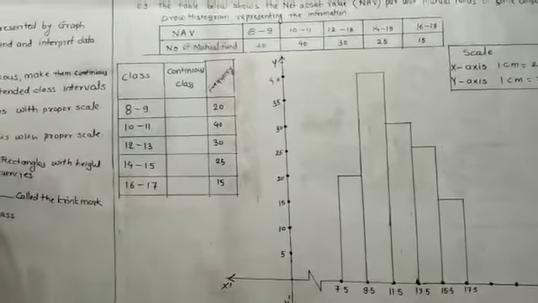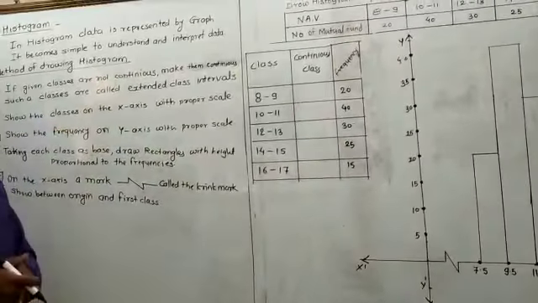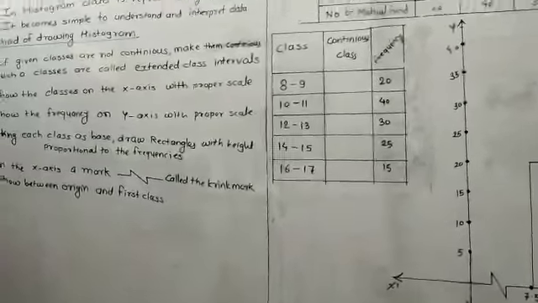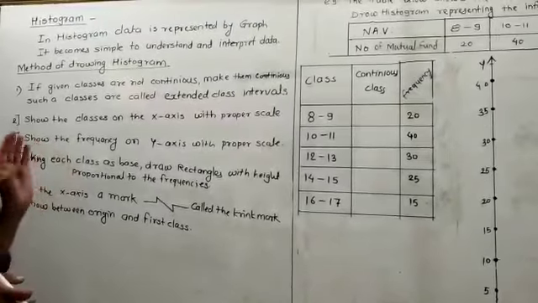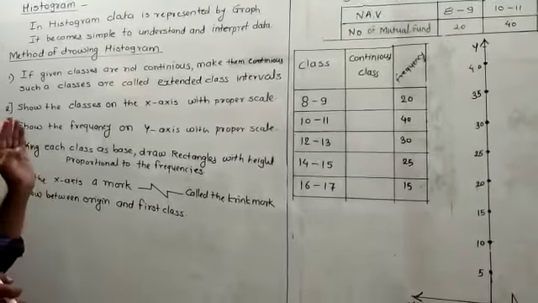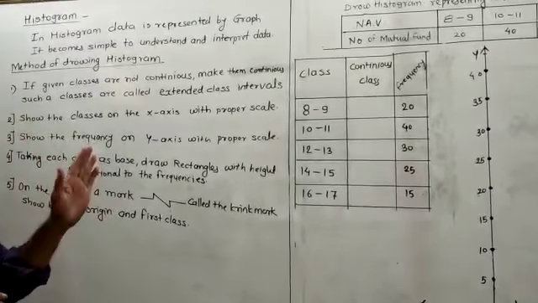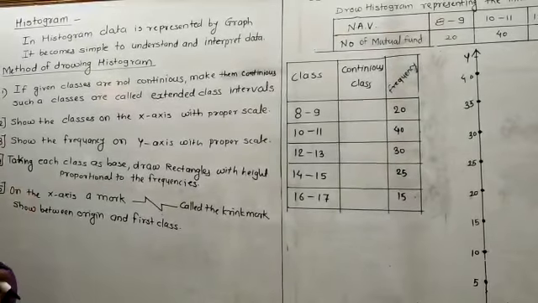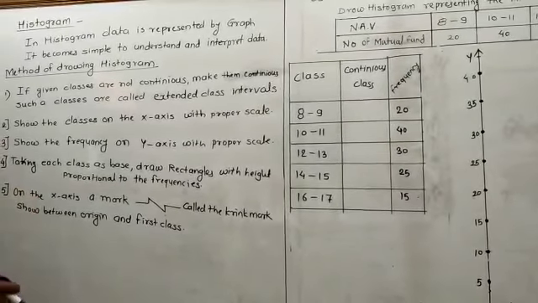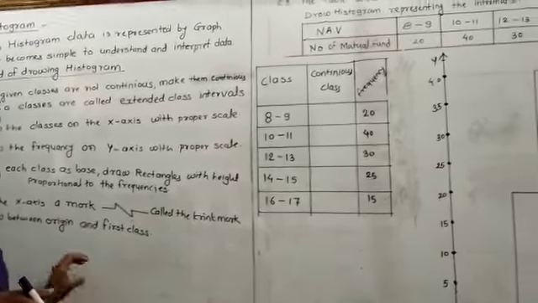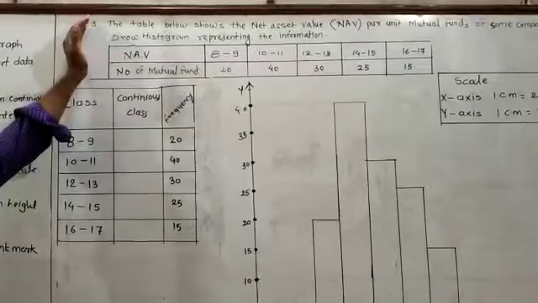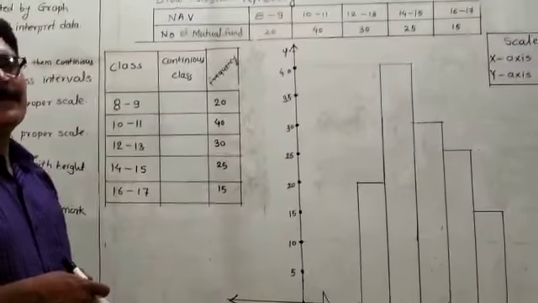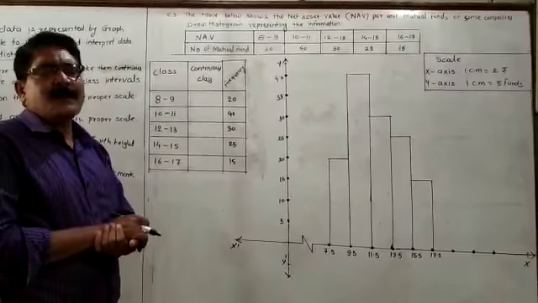Then in this way, these are the points while drawing the histogram. First of all, again I will explain: while drawing the histogram you have to make the classes continuous, and after that on the x-axis you have to take the classes, on the y-axis you have to take the frequency, you have to draw the crank mark, and in the form of rectangles you have to show the histogram. Then I will explain step by step each and everything, but I will start with the example. Once I explain the example, at that time you will understand very easily how you have to draw the